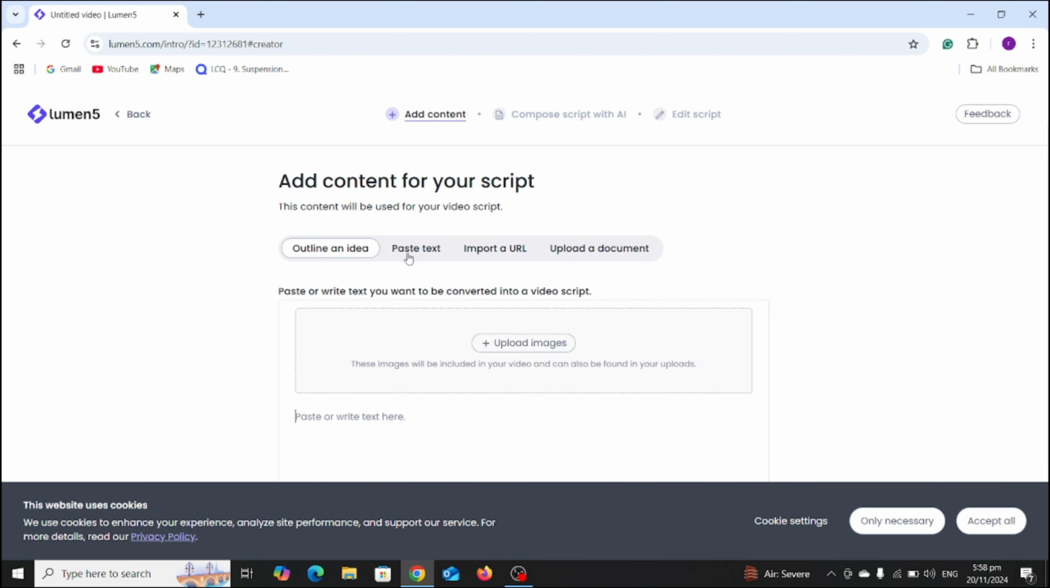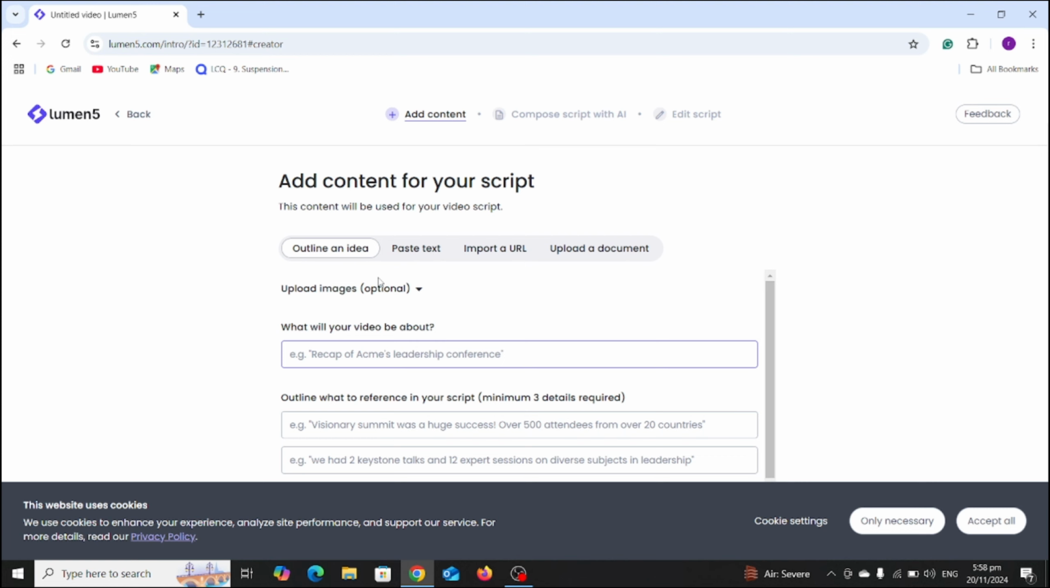So now you can paste your text. If you have a written text or you have a script, then you can paste or upload here, or you can upload a document also or URL also. For now, I am going to just give it a random script. So what will your video be about? So let me give it a topic: the rise of the